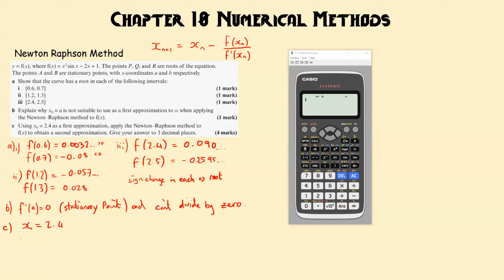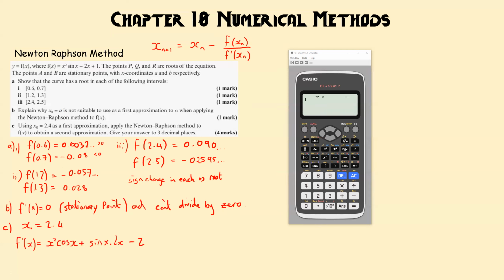So the first thing we want to do is find out what f dash of x actually is. This is a product rule as part of this. I'm going to write x squared down, differentiate sine x, which is cos, plus write sine x down and differentiate x squared, which is 2x. Just represent that by that, minus 2. So that's the differential of this. We're then going to put 2.4 into that as part of my actual sum. So to get x1,